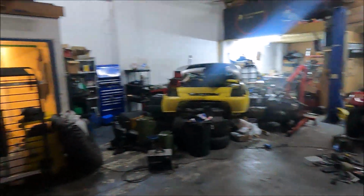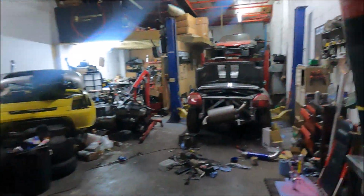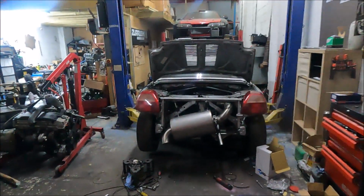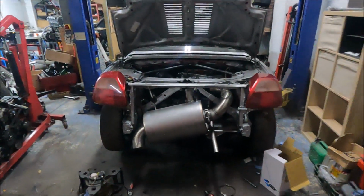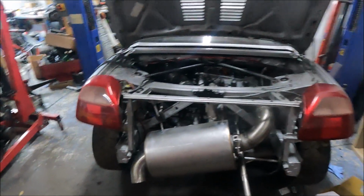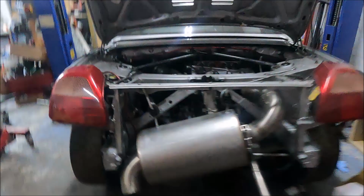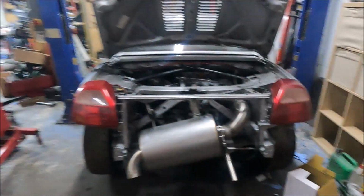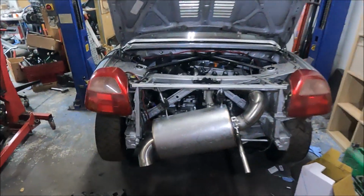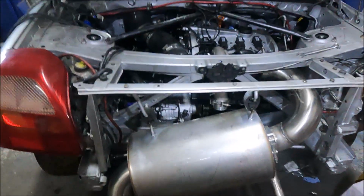Back at the workshop, and I've been doing stuff. I haven't been filming it though, because I'm useless like that. But I would say the vast majority of the work is done. What we have is the exhaust is on,